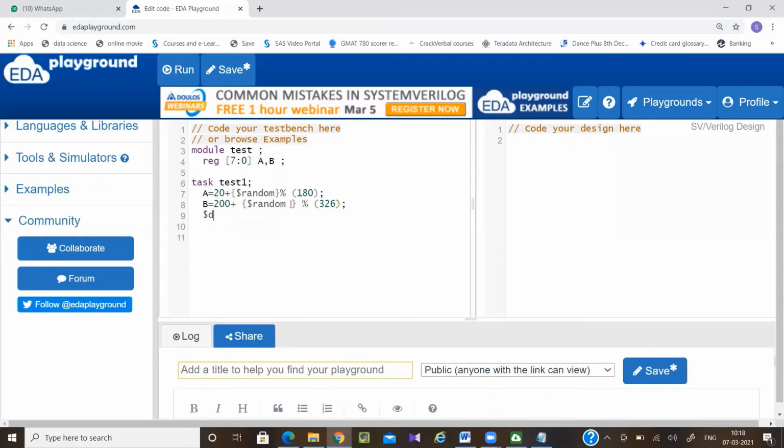So here I can write $display A equal to percentile B equal to, okay, percentile D also I can write, not a problem. Can anyone tell me what is the meaning of this percentile 0D? I can write percentile D or I can write percentile 0D. So what is the difference between them?